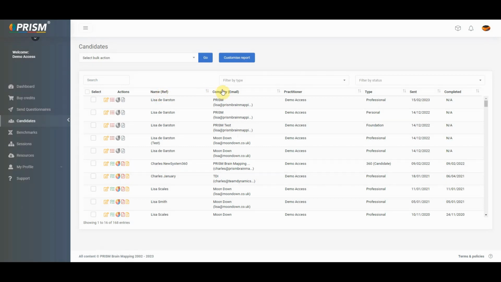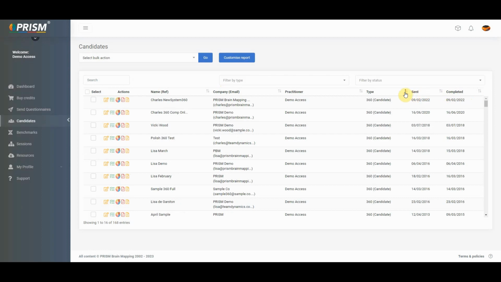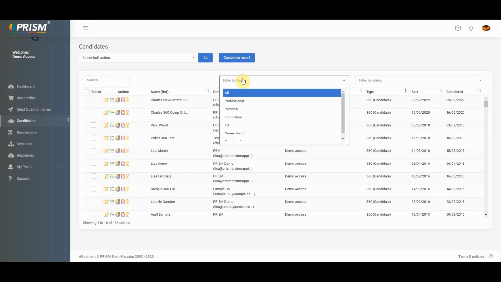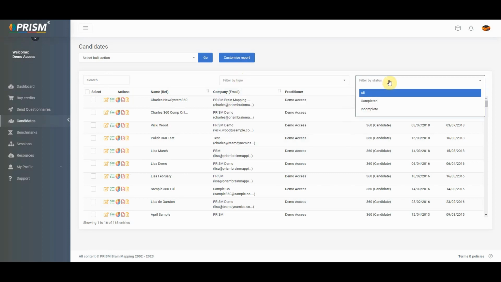Again, the name, company, practitioner, type, sent, and completed dates are all sortable. Plus, you have the option to search for a particular candidate, filter by report type, or by status. Let's look at Select Bulk Action. This means you can select a number of candidates and perform the same function with each,